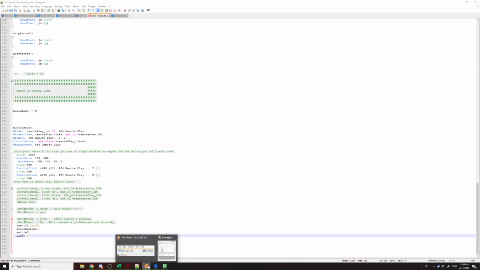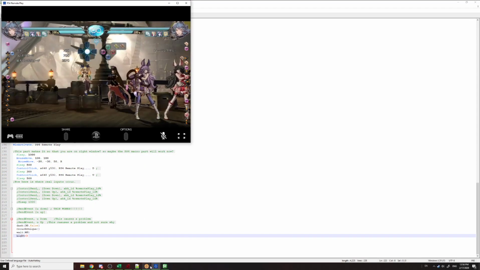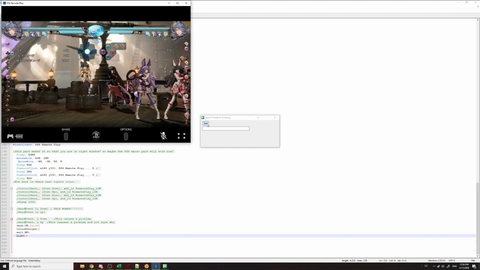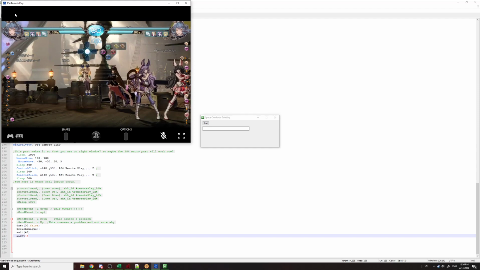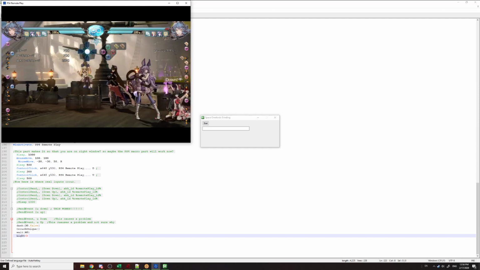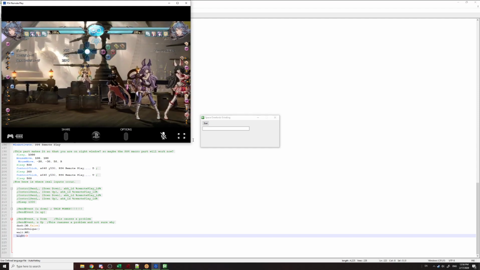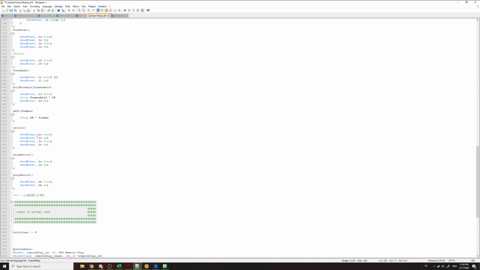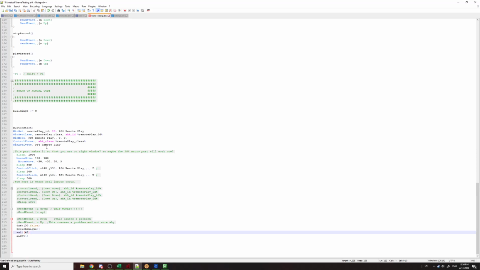So again, PS4 macro helps me have the inputs out, and don't forget you have to have the remapper open. AutoHotkey, start, clicks the window, dash, and then immediately does it. So you can add waiting, you can add forward movement because I have a hold forward, you can add an SPD motion. There's a lot of different things we can do with this,